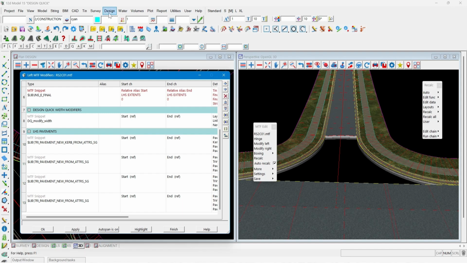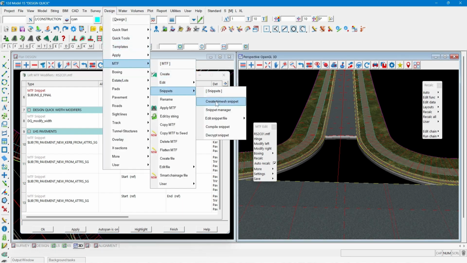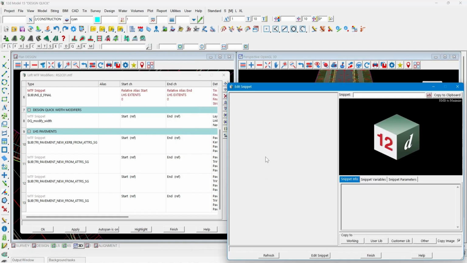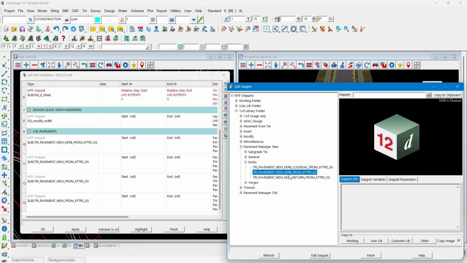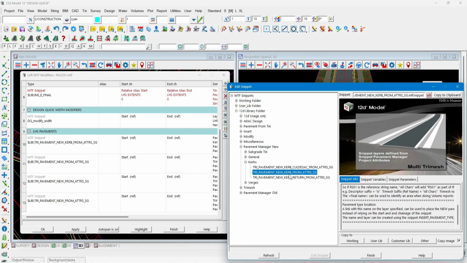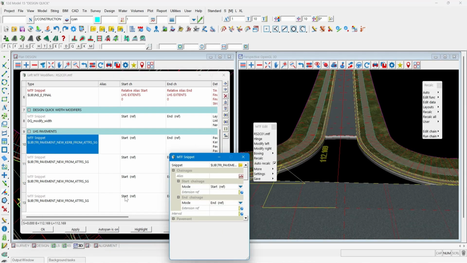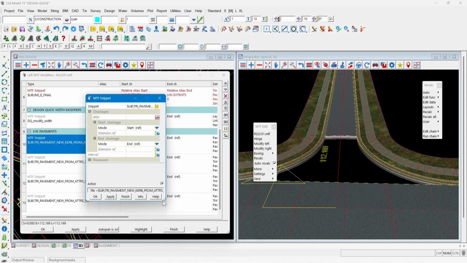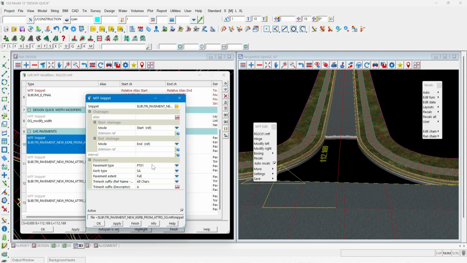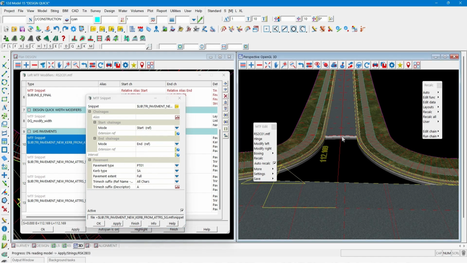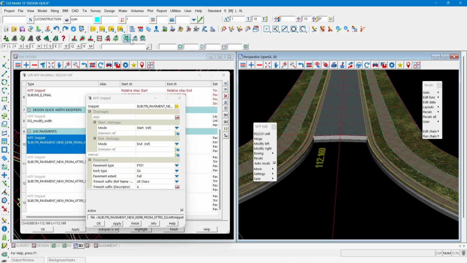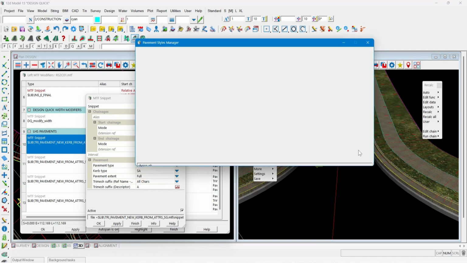And where do these snippets come from? I go and have a look at the snippet manager inside 12D. You'll see under the library folder, we're just using the snippets that have been installed with 12D Model 15. So in this case, the pavement curve from attributes SG. So these particular snippets that do our Pavement Manager, it's got a default pavement type that's been applied. In this case, it's a PT01 pavement type, and that will have a number of layers and definitions and properties for that. So if we go and have a look at the Pavement Styles Manager,